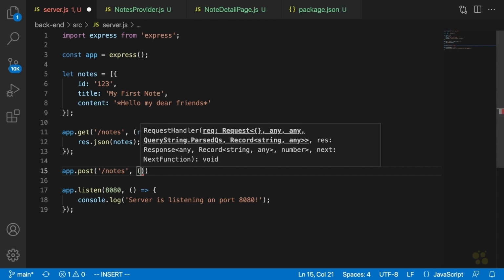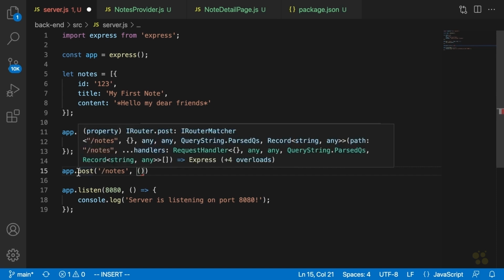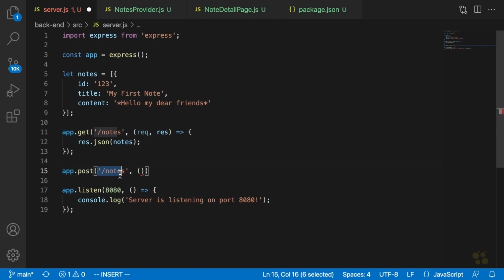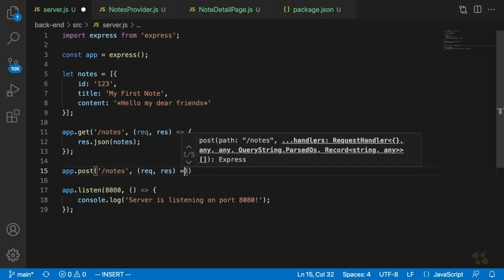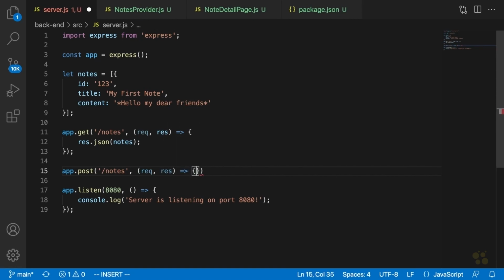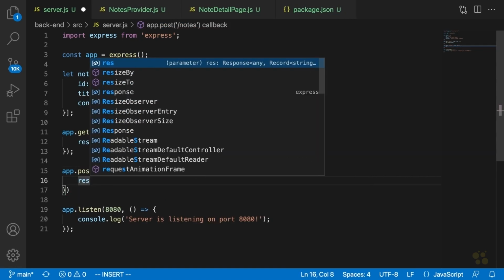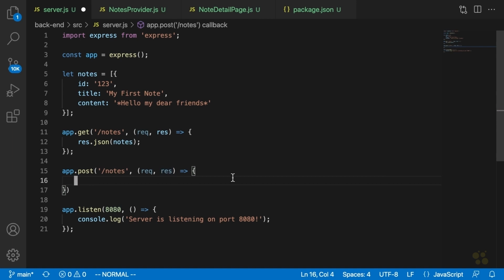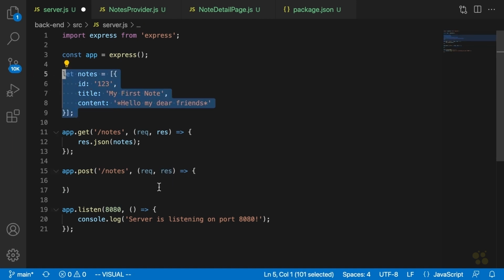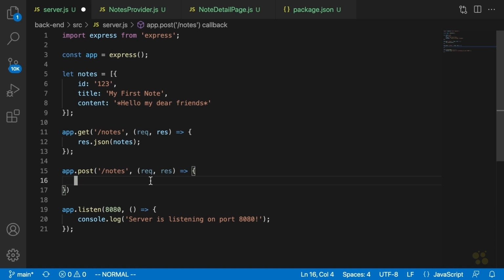That's just a RESTful convention, that generally creating resources is done by sending a post request to just the base resource path. Okay, so the callback now is going to look something like this. We're going to say request, response, and inside here, what we're going to do is add a new note to this notes array here. And before we do that, we're going to have to decide what we want this request